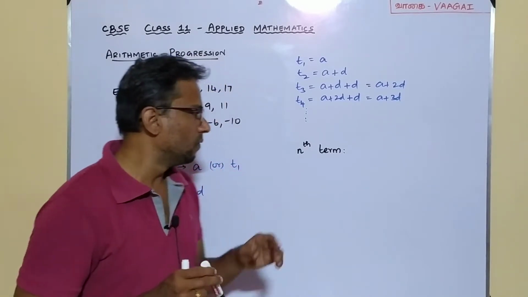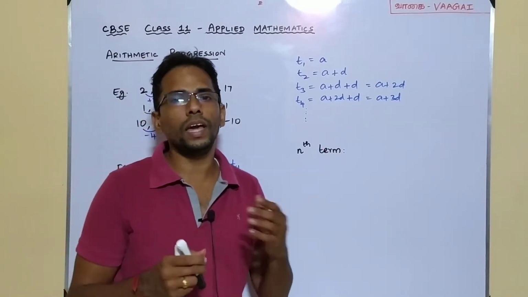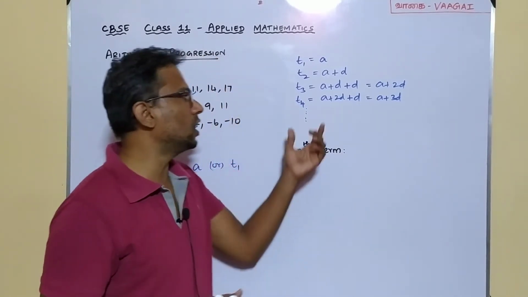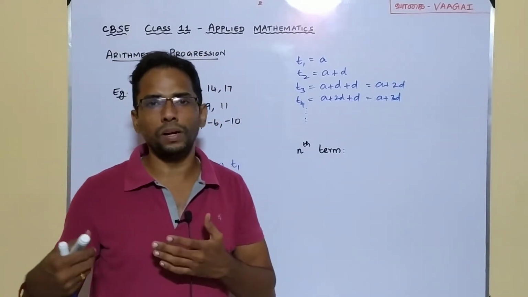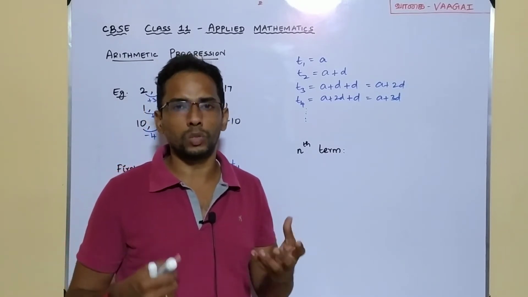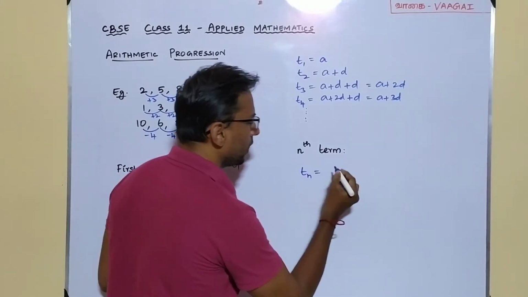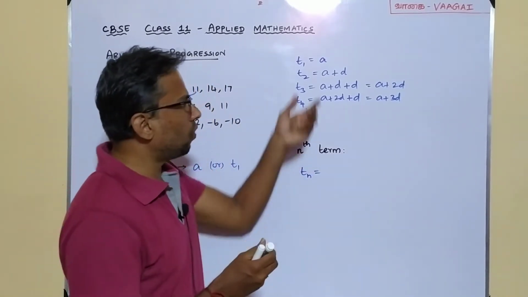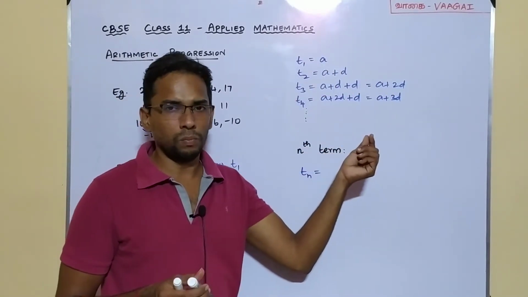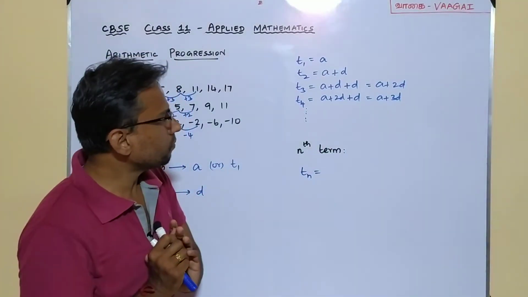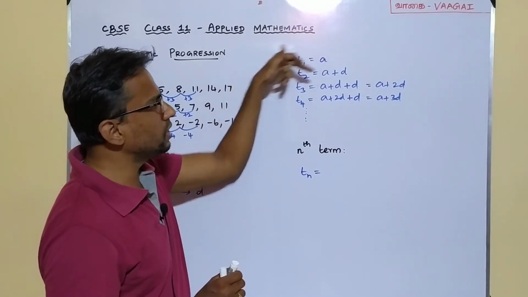Now with this, we will try to find the formula for the nth term, or how easily I can find the nth term. It is just a generalization of the first term, second term, third term, fourth term. If we just try to expand it, what will be the general form? That is, what is this nth term? So if I want to find the nth term, Tn, I have to see in what pattern this Tn value is being used here. So you see here T1 is A, T2 is A plus D,